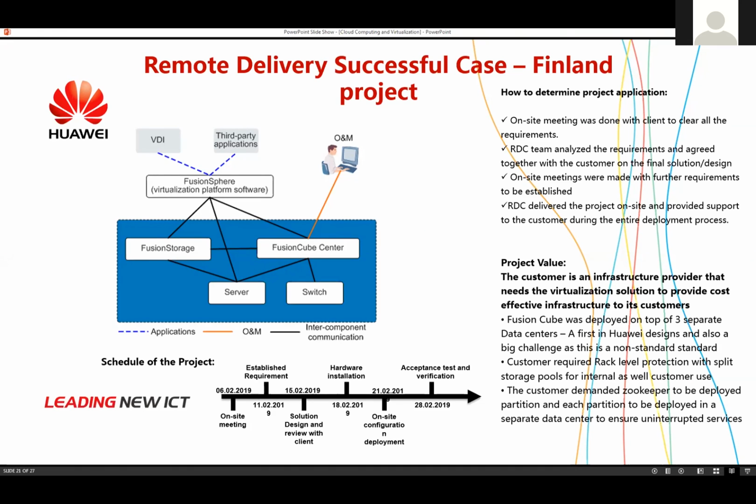The main challenge was that the standard solution for Fusion Cube, Fusion Access, or even Fusion Compute, for each and every virtualization platform, is that you deploy it in two separate data centers, okay? Because we have an active and standby side. The challenge was that we deployed it on three separate data centers. This was a first in Huawei designs and also a big change, as this is a non-standard